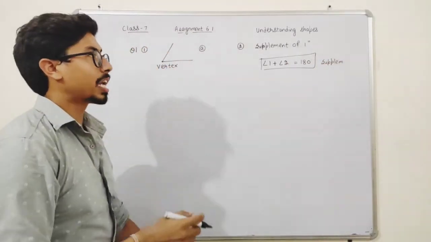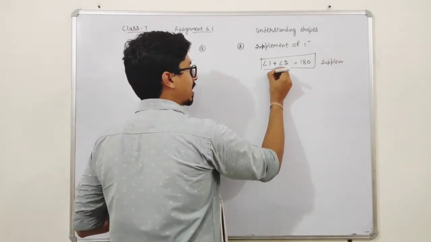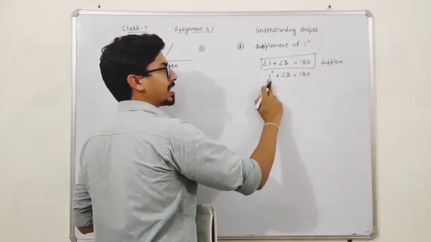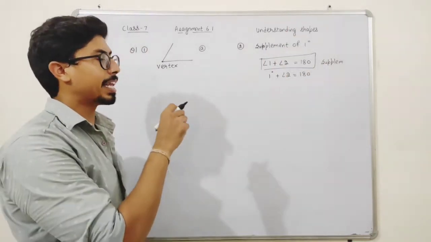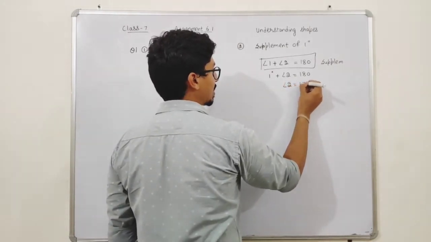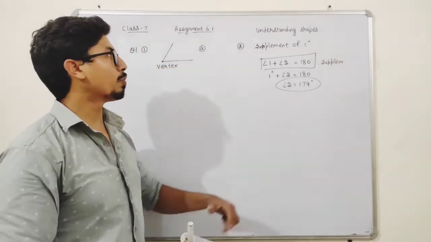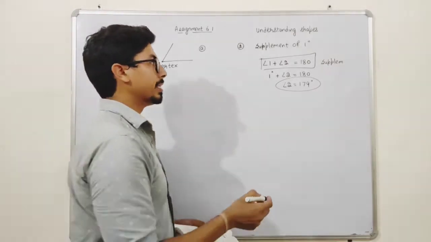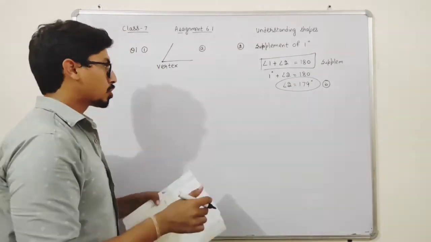Okay. Now students, I have to find out the supplement of 1 degree. That means if I take angle 1 as 1 degree, angle 2 I don't know. So 180, see, 1 is in addition and when it goes there, it will be in subtraction. So 180 minus 1 degree will be 179 degrees. So angle 2 is equal to 179 degree. So this is our required answer. So supplement of 1 degree is 179 degree. Okay, that is the option number B.